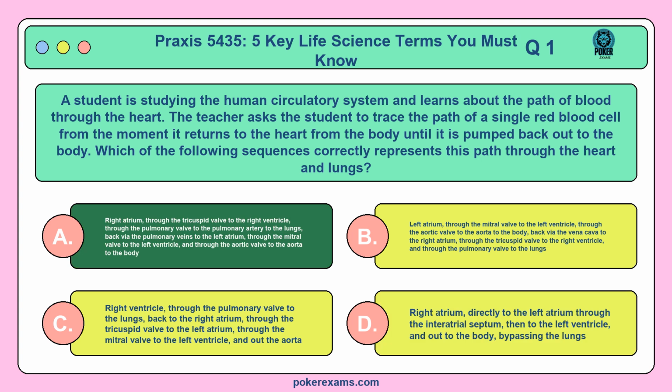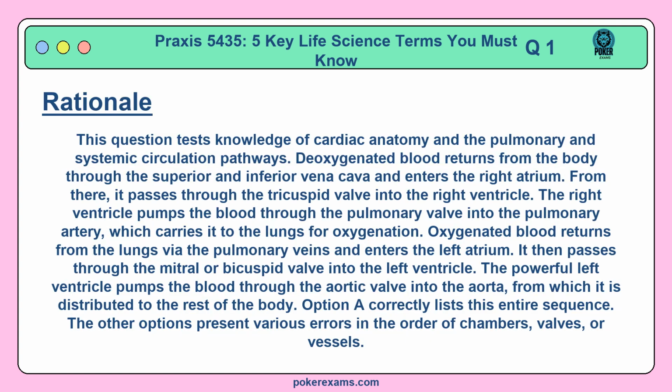The correct answer is A. This question tests knowledge of cardiac anatomy and the pulmonary and systemic circulation pathways. Deoxygenated blood returns from the body through the superior and inferior vena cava and enters the right atrium. From there, it passes through the tricuspid valve into the right ventricle. The right ventricle pumps the blood through the pulmonary valve into the pulmonary artery, which carries it to the lungs